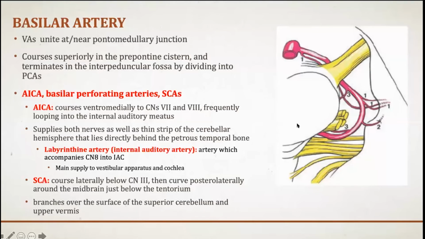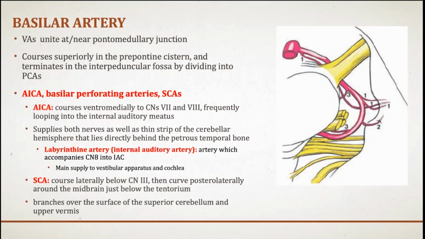So the AICA supplies both nerves as well as the thin strip of the cerebellar hemisphere right behind the petrous temporal bone. And one of the big branches that you have to know off the AICA is the labyrinthine artery, or the internal auditory artery. And this artery